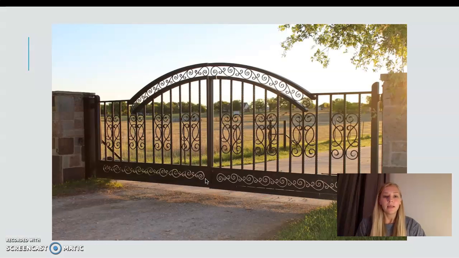So let's pretend that the cell is like a city, and we're going to call it Microscopic City since they're so small. And we really want to get into this city, but we pull up and there's a gate. Well, how do we know if we're going to get through? We have to be something specific that the town wants to let in. So there's a similar organelle in cells that does a similar job, which is the cell membrane.